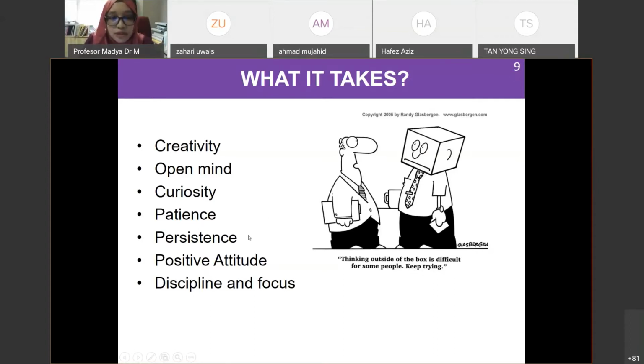Patience is a virtue, so be patient. Patiently try to cope with the situation of this pandemic. Even the supervisor will try to cope with it. Persistence, keep on with persistence, positive attitude, and discipline. Discipline and focus are important, especially because